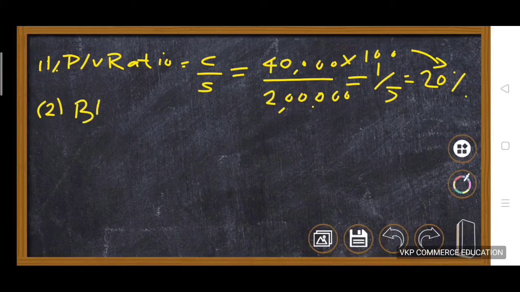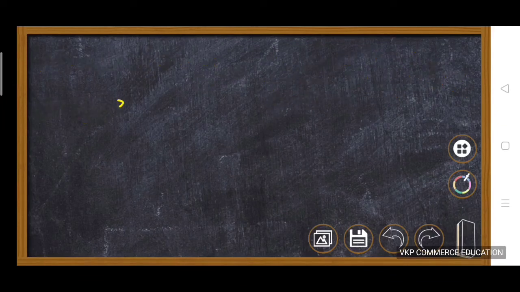Second one, that is BEP, break even point. Break even point is equal to,